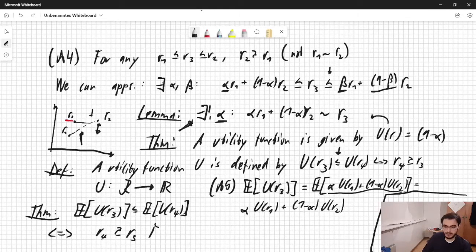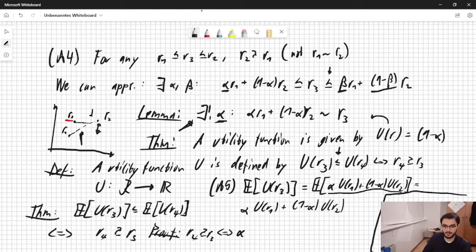And we can prove this easily. We just look at R3 and R4, which could be random. And we know that this is the case if and only if